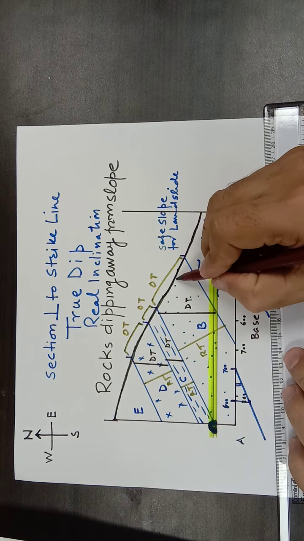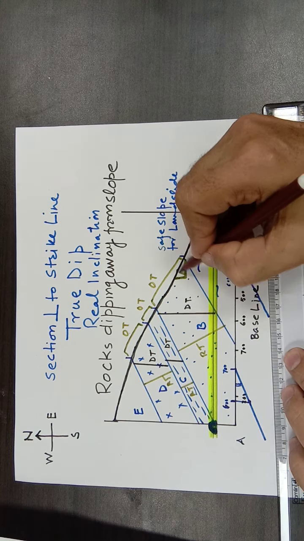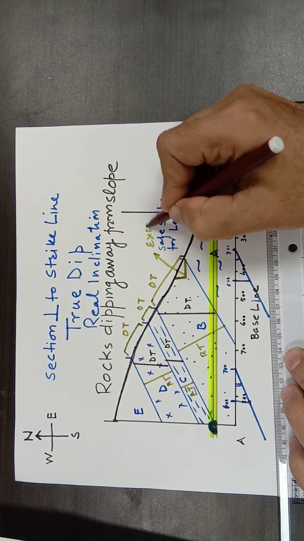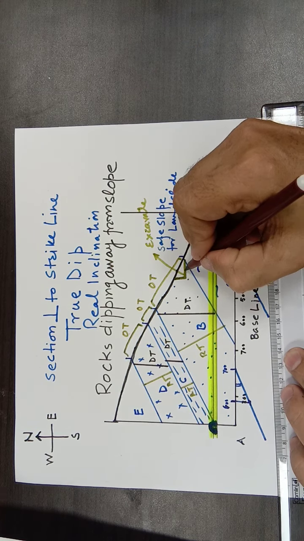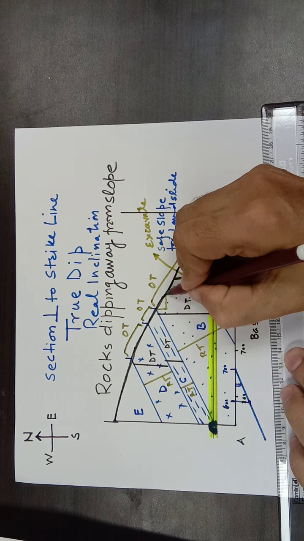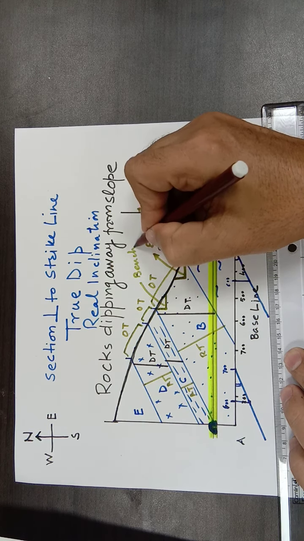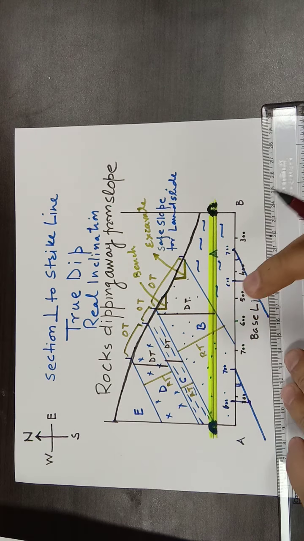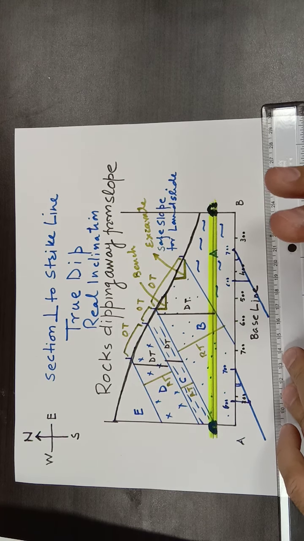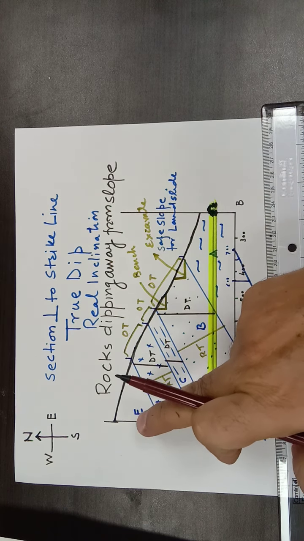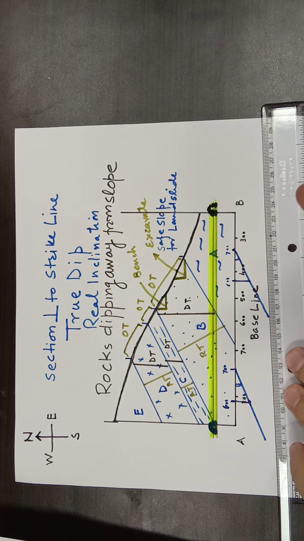If you want to make a road here, you will cut a bench here and you will excavate this much material and you will create a bench. To create the bench, and on this bench you will be having your road. So here also you can excavate and create a bench for the road. In this situation where rocks are dipping away from the slope is usually safe. Had it been the rocks dipping into the slope, this slope would not have been a very safe slope.